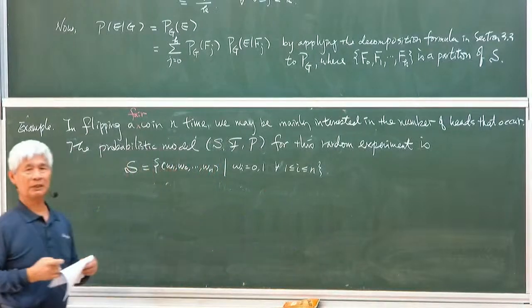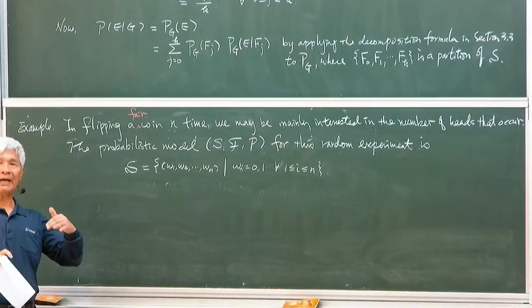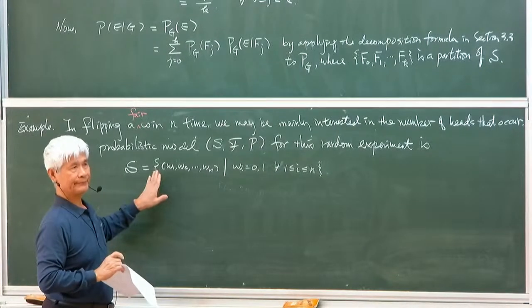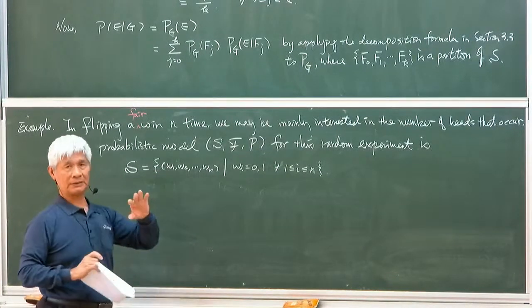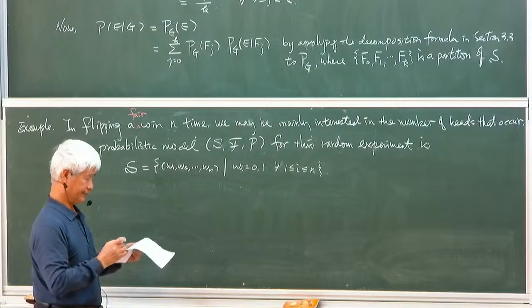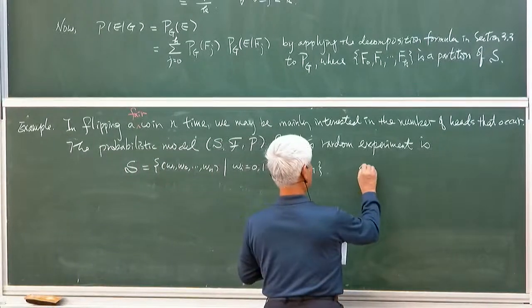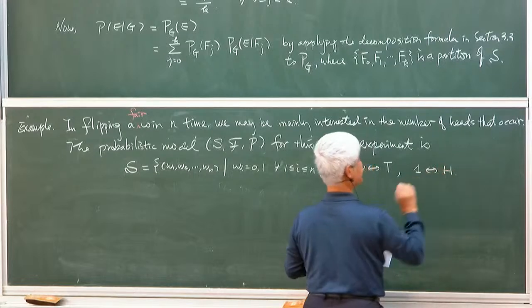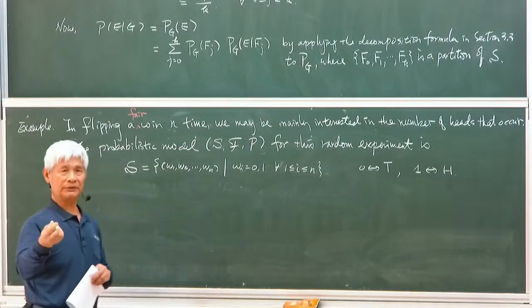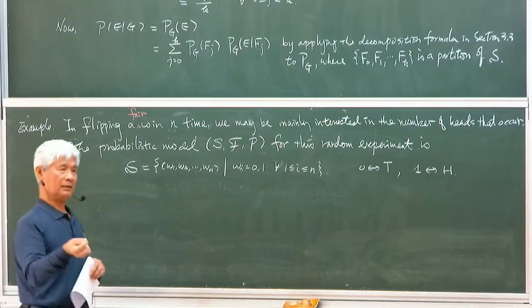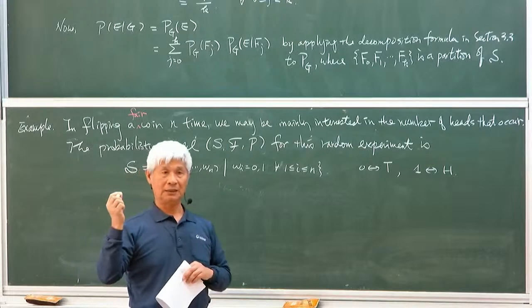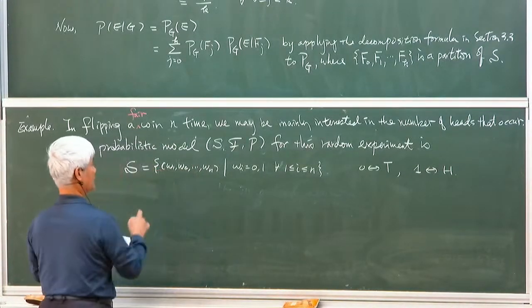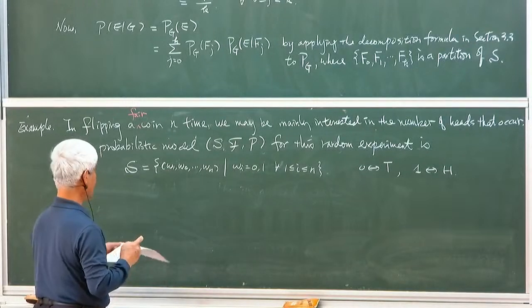Right? So we have an n-tuple, a binary n-tuple here. We call this an n-tuple, and the components are binary, either 0 or 1. So 0 corresponds to tail, 1 corresponds to head. We use 0 to indicate tail and 1 to indicate head. So this is one of the representations for the sample